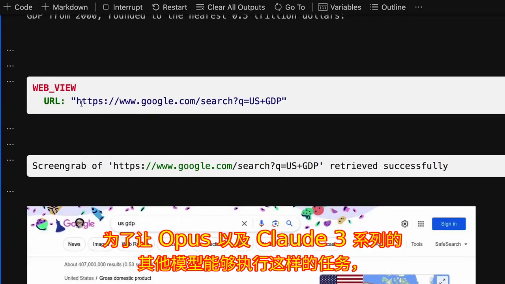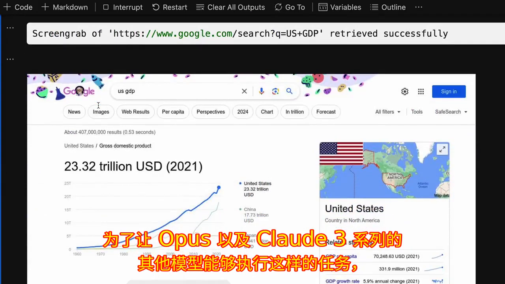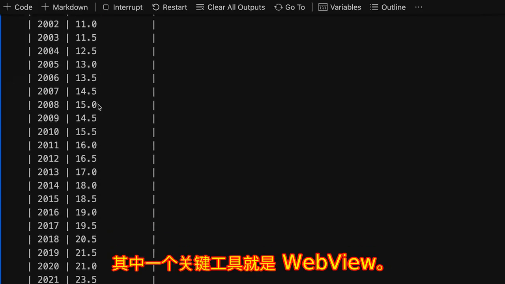tools it's using is this WebView tool. It goes to a URL, looks at what's on the page, and because it's multimodal, it can use the information on that page to solve complex problems. So here's the